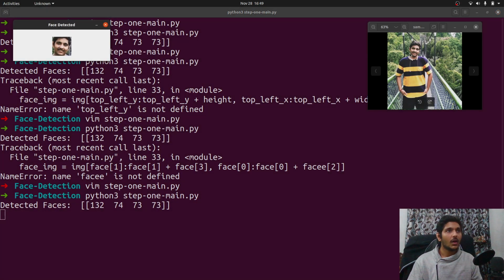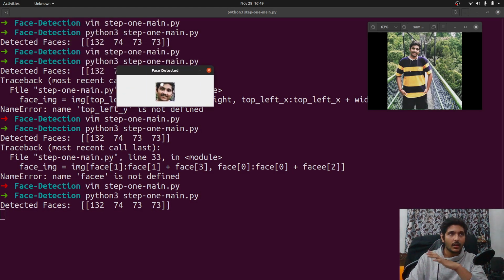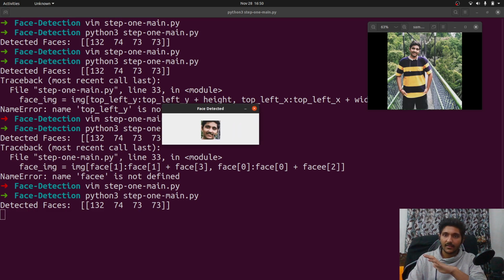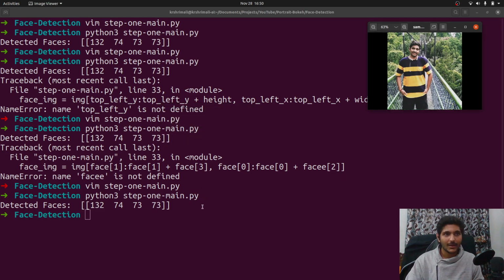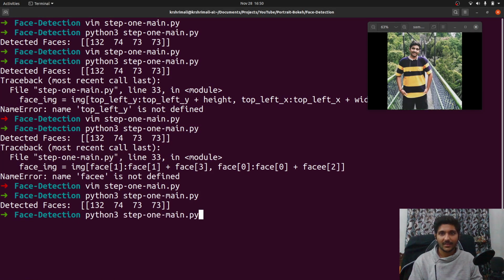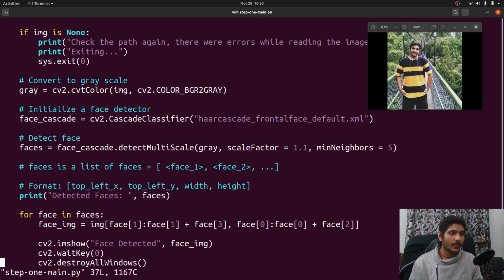Okay, so you can see the face detected here. It shows the cropped face, and this is really nice. Whatever face was detected by the model, it is a face. This is really important: whenever you run the program, check again that whatever output we are getting is right. It's a good debugging practice. Do not code the whole project in one go. Try to get results one by one, step by step. That will be really nice. The face we are getting is a face.